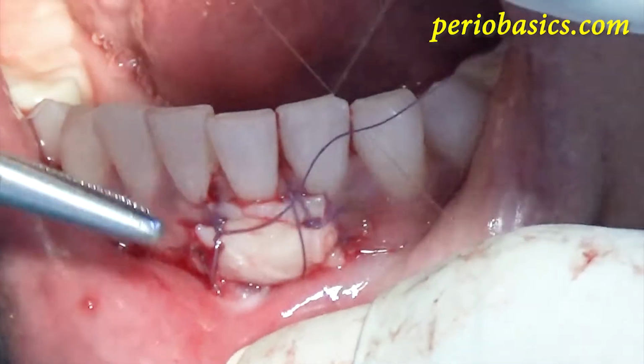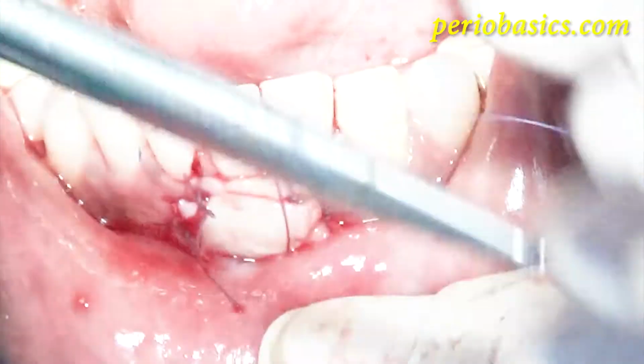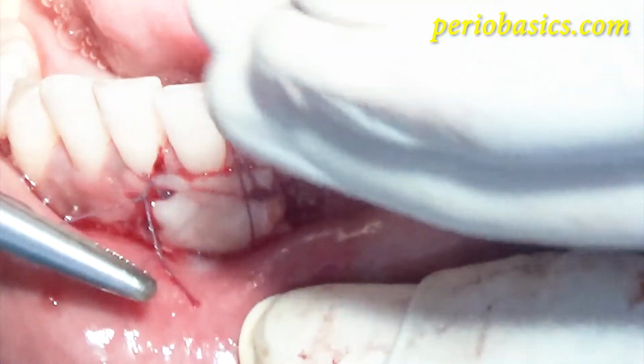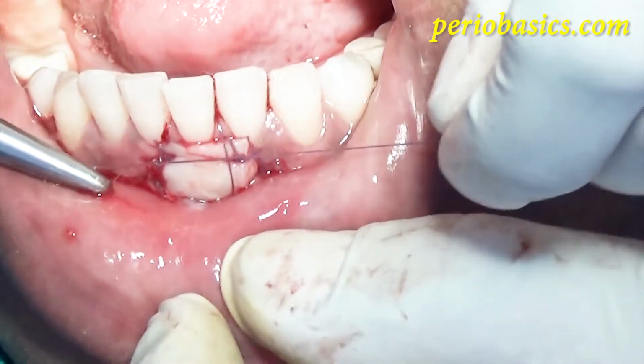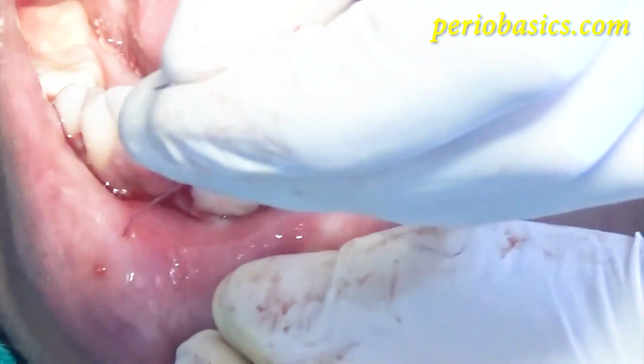You have to be very careful while placing the knots, because the graft should not be displaced or pulled off while placing the knots.